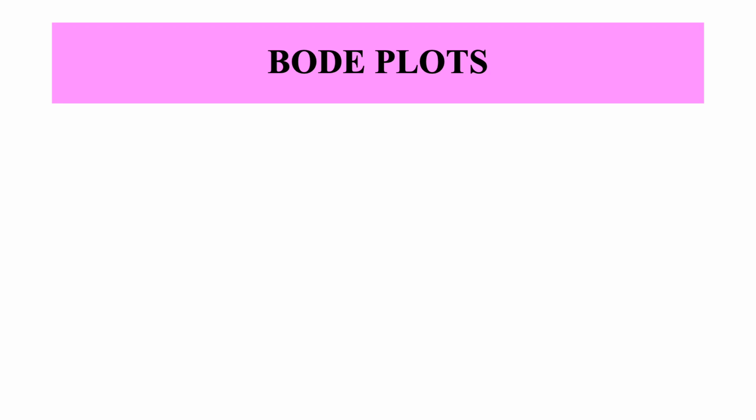Hello everyone. So in the last lecture we have seen Bode plots for different elements. In this lecture we will use that concept and solve numericals based on Bode plots. Basically, given all those things, how would we plot a Bode diagram given any general transfer function?